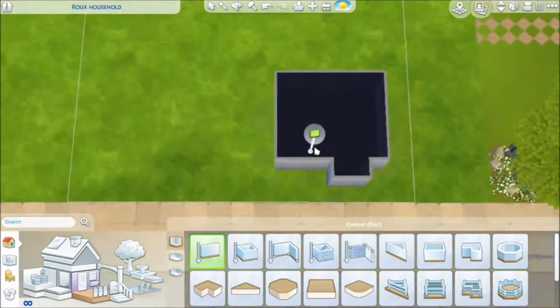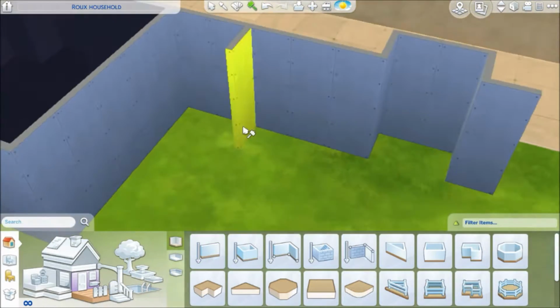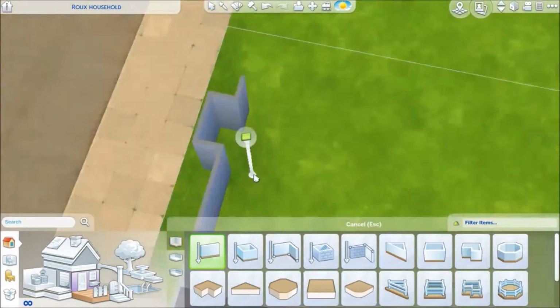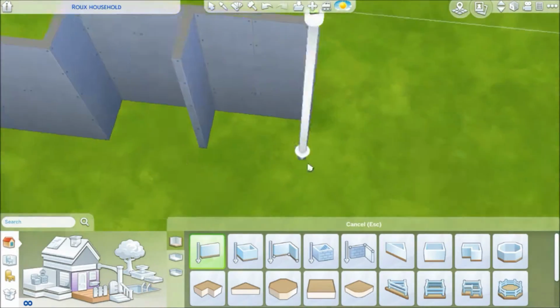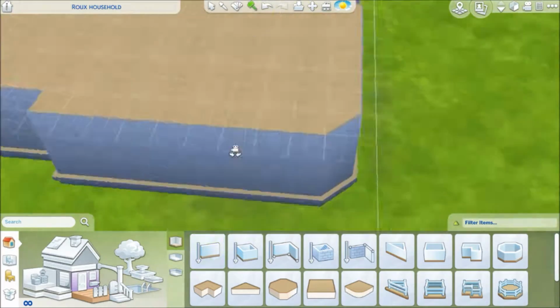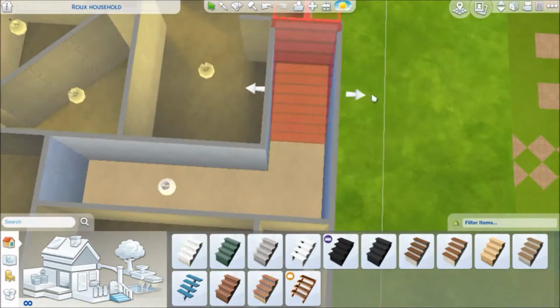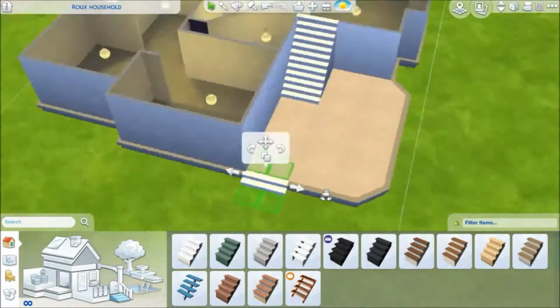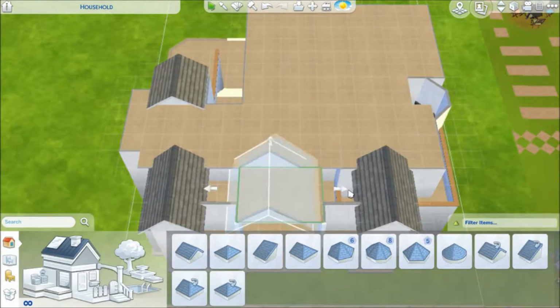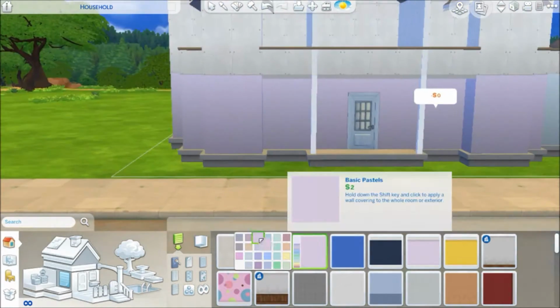This build was actually meant for a friend of mine for his birthday, and his birthday was a couple days ago. It was on the 12th of June, so I'm a bit late with the video, but I did already finish the build and get it edited by his birthday, so he was able to see the build and he really likes it. He could be saying that because he's my friend, but you know, I like the compliments anyway. This build that I'm doing is actually based off of his childhood house, so he doesn't live there anymore,